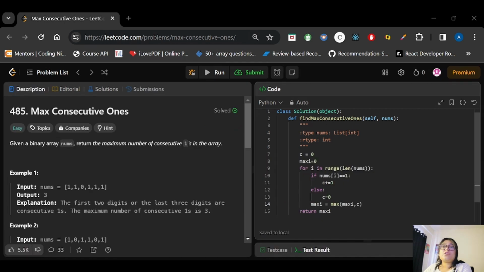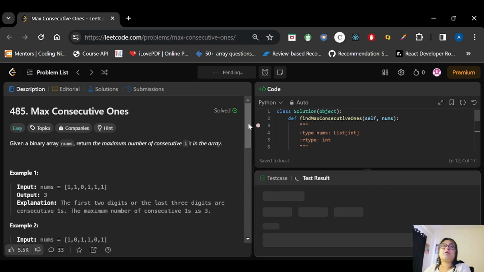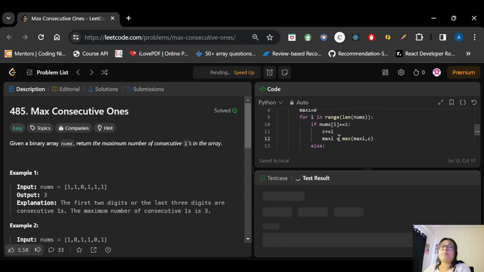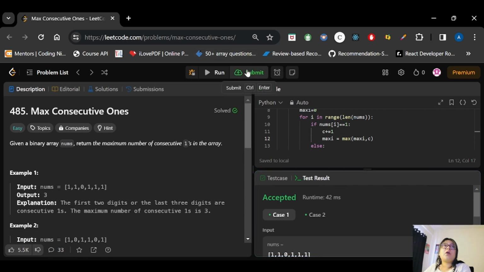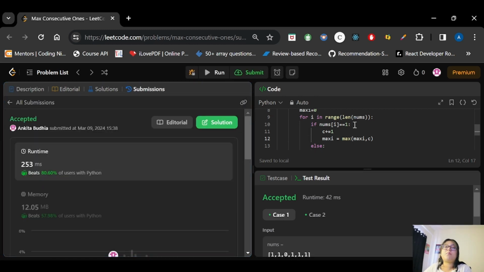Now we saw that what we were doing here is updating max outside of this if and else condition. Even if you update this max inside this if condition, then also you will get the same answer. Why? Because we have to check for the maximum value of ones only. Since if the element is 1, then only you will be updating maximum, so if you are checking that inside the condition also, then it will be fine. So it is your choice. You can either check the condition outside of that if and else block, or you can check inside the if condition only.